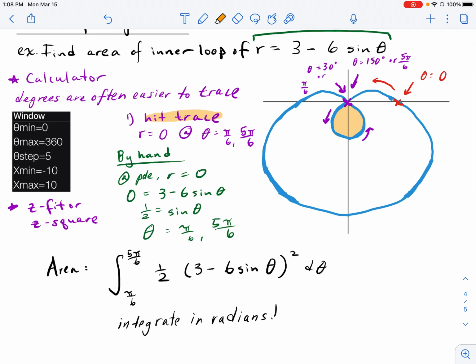Another thing I want to emphasize is that when you are integrating this using your calculator, you could obviously just write out the function again. But if you instead hit the alpha button, and then hit the trace button,